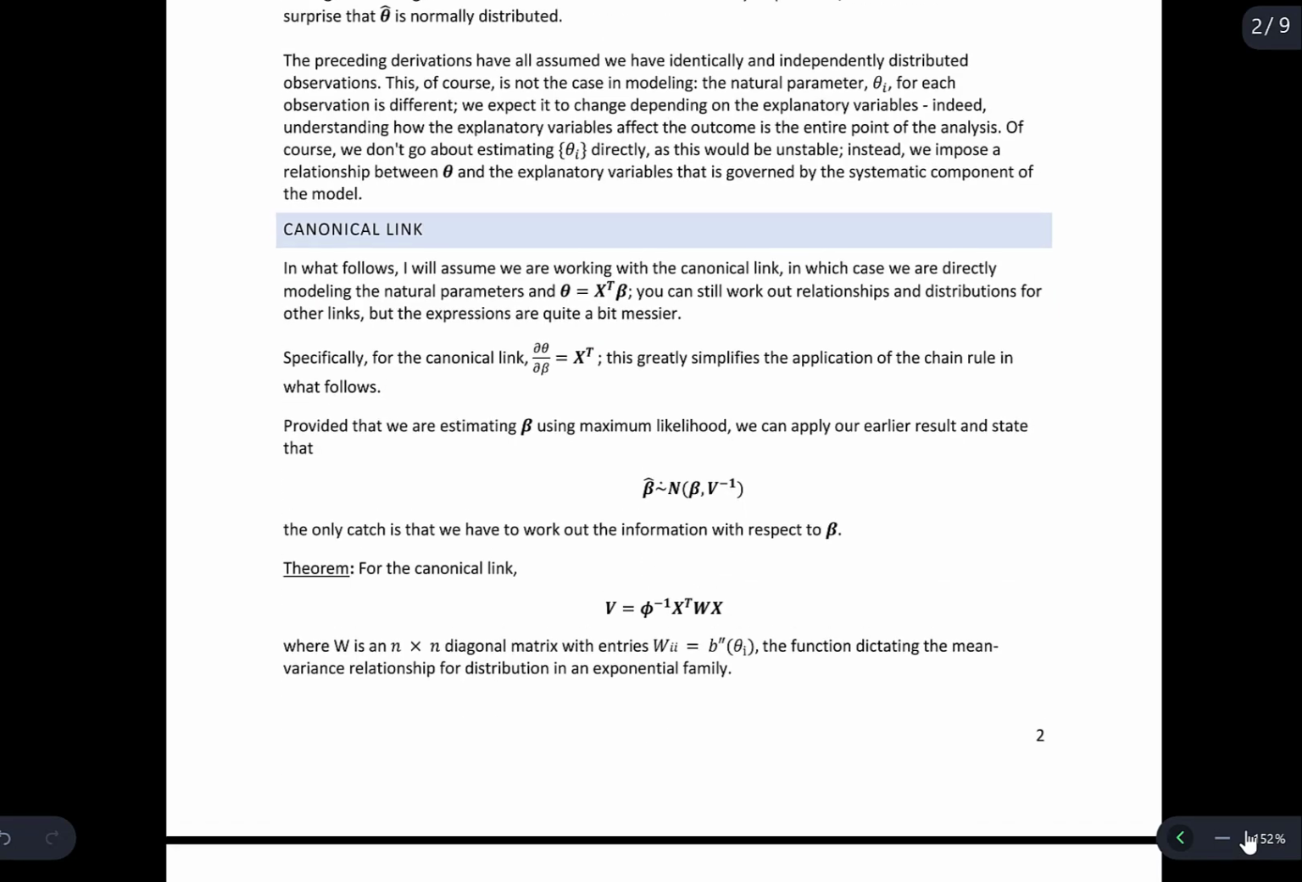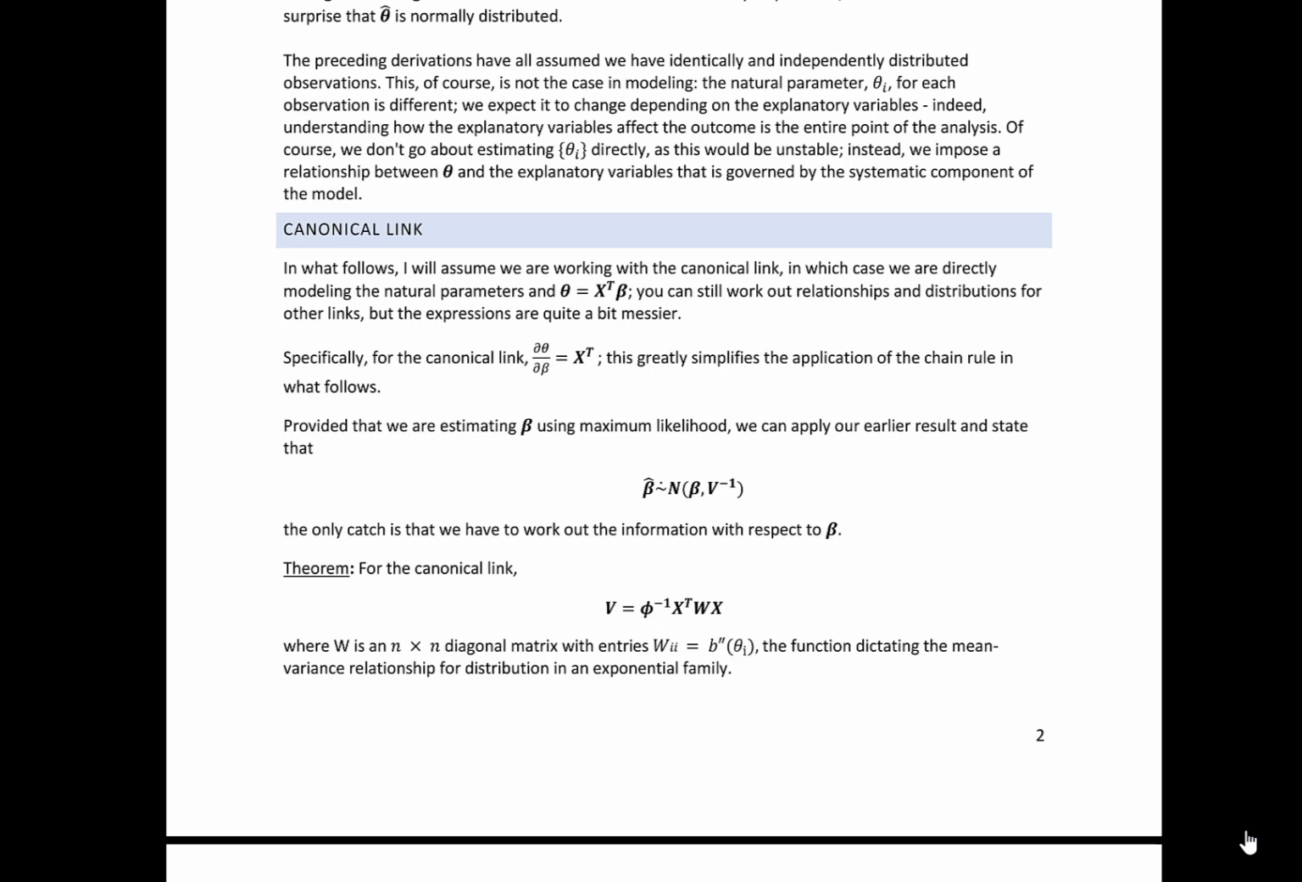Now, we spent some time talking about the canonical link, and we saw that when we work with the canonical link, we have some really nice properties. So we're going to continue assuming that we work with the canonical link. What we're doing here is directly modeling the natural parameter. Remember that theta, the natural parameter, can be a function of the parameters of the distribution. We saw that, for example, with the Poisson distribution, where the natural parameter was a function of the mean. You can still work out relationships and distributions for other links, but the expressions are a little bit